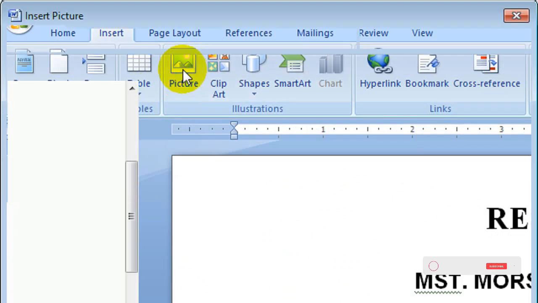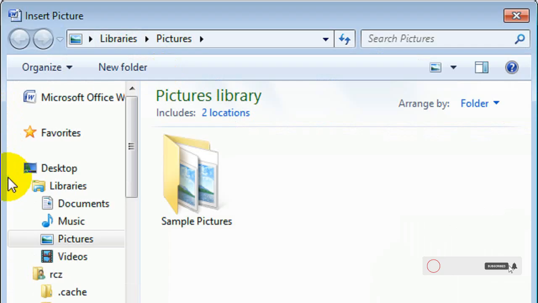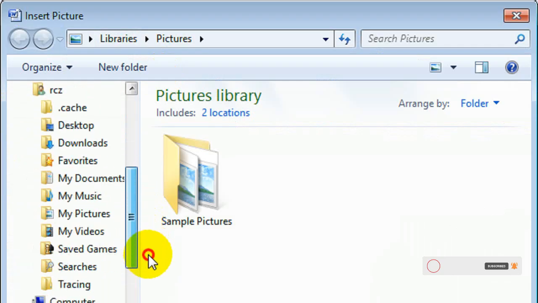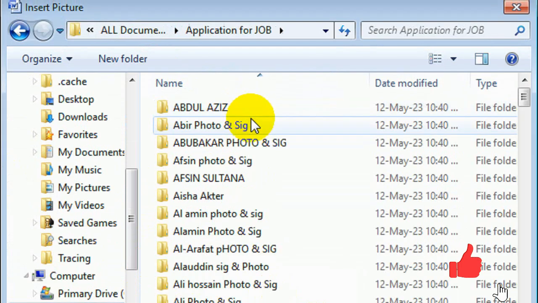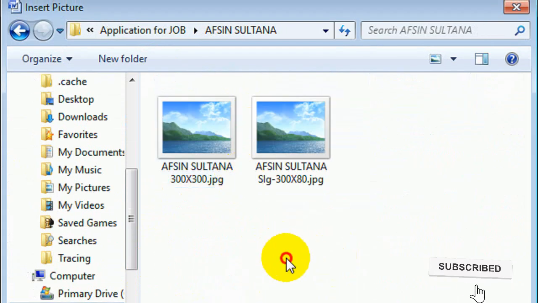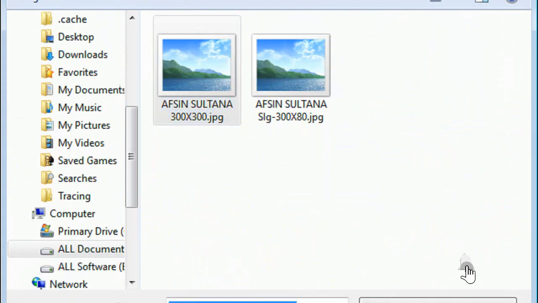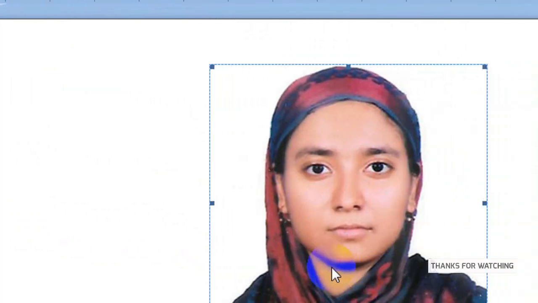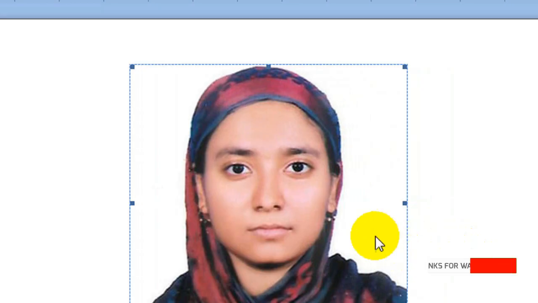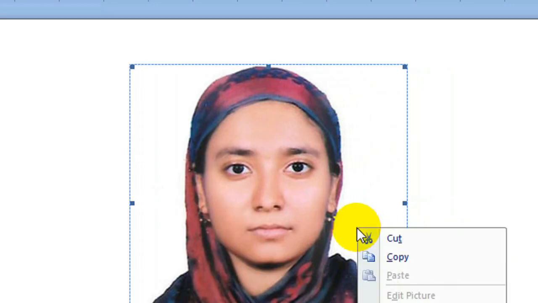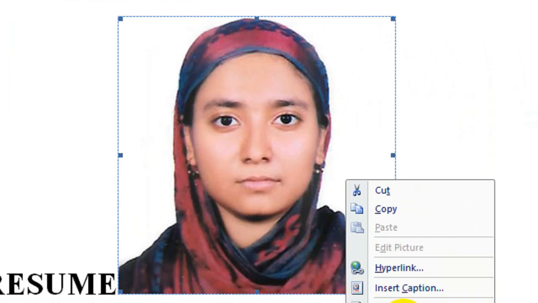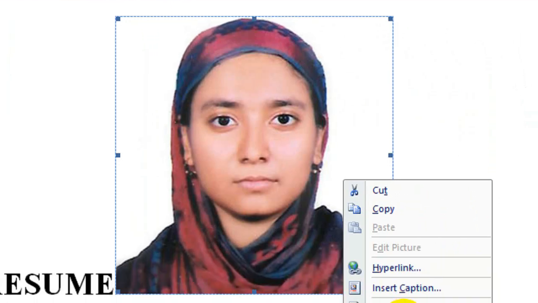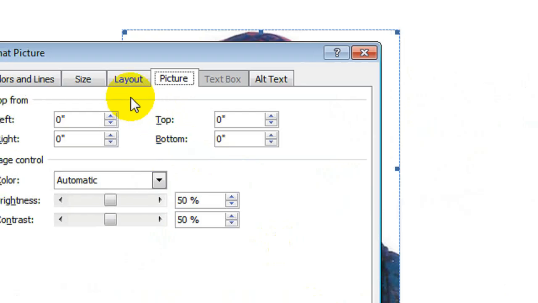Okay, so click on picture. I already have a picture in my D drive, so click on there and I choose one of the pictures. This is the picture I want, and click on here, and I insert this picture. After that, you right click over this picture. There is the format picture option, you click on format picture, and for picture you go to